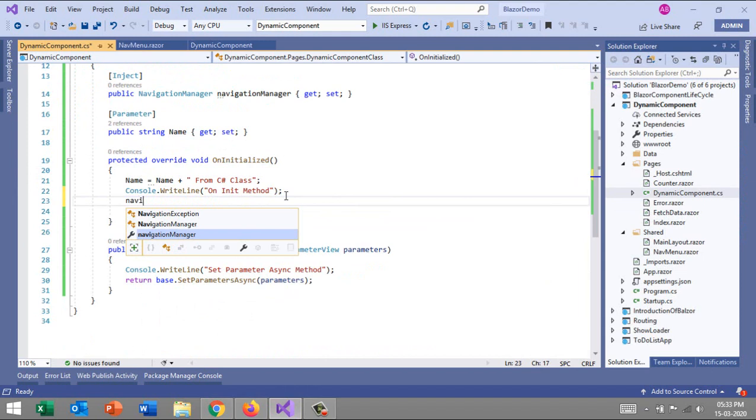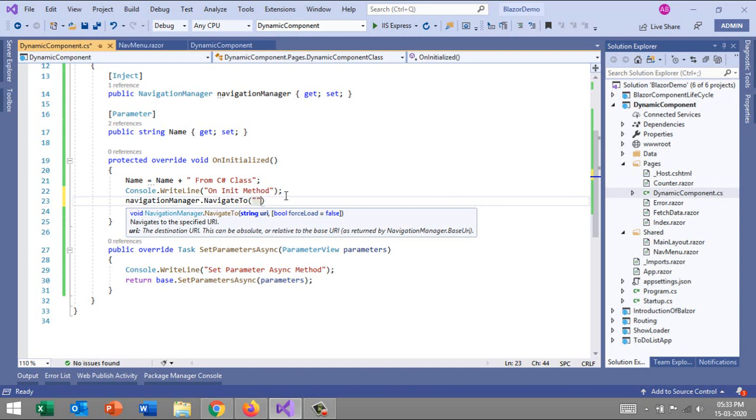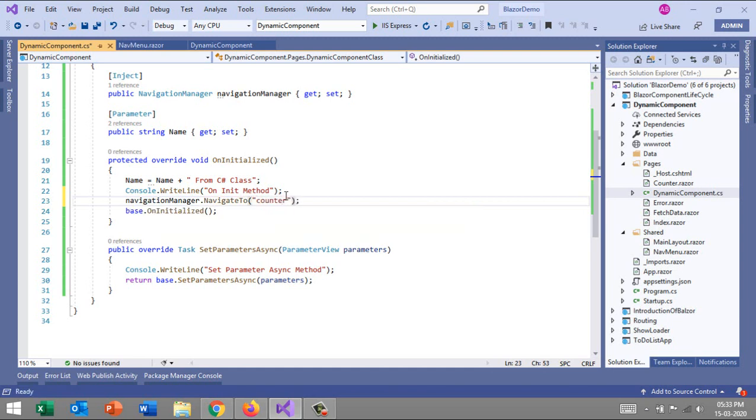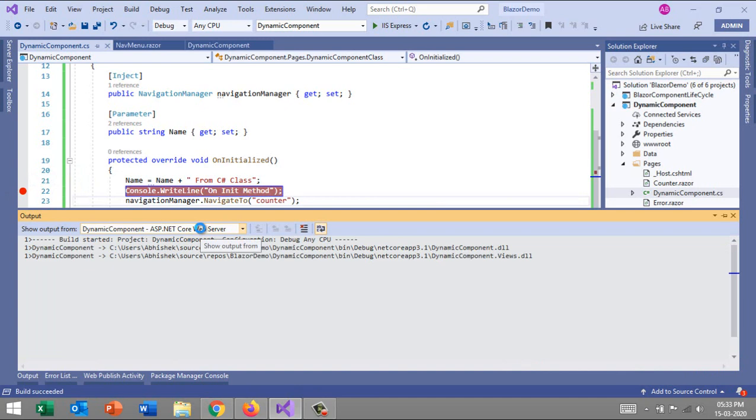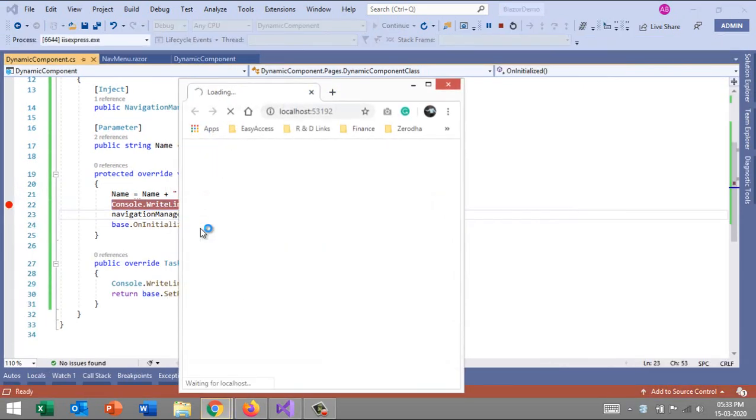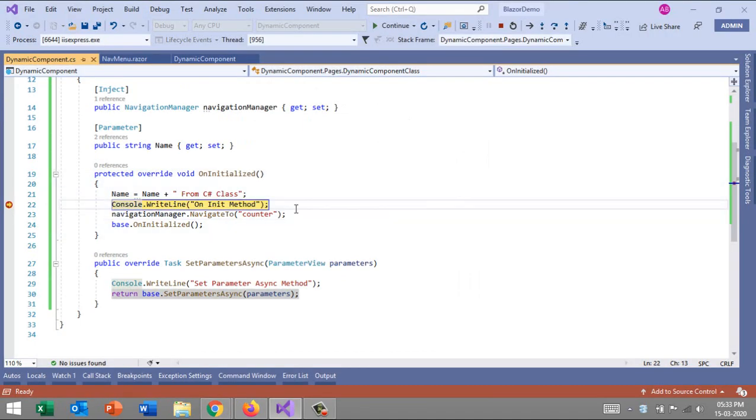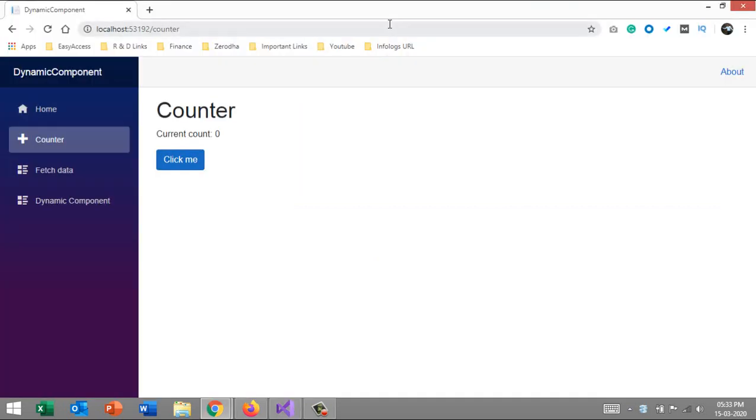It's very simple: NavigateTo, and then pass the counter. We should hit a breakpoint, come into the initialization, and then directly navigate back to the counter. As soon as I use this, it's navigating, and perfect, right?